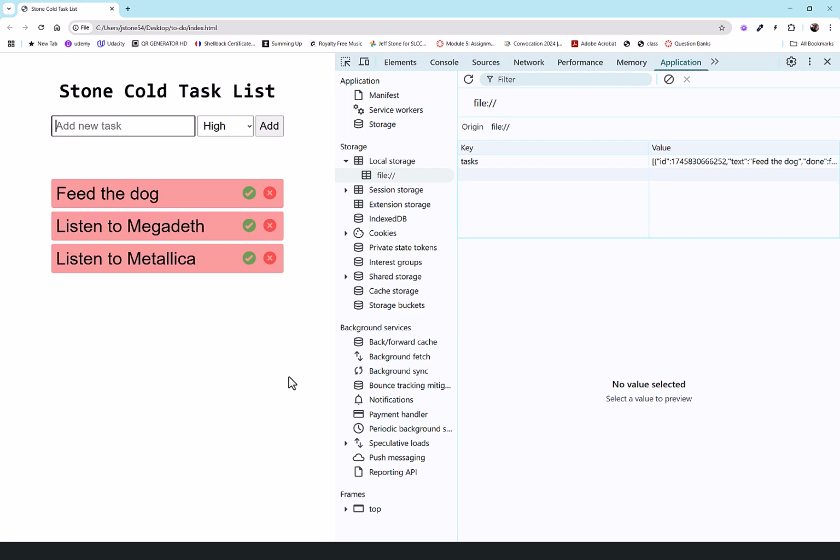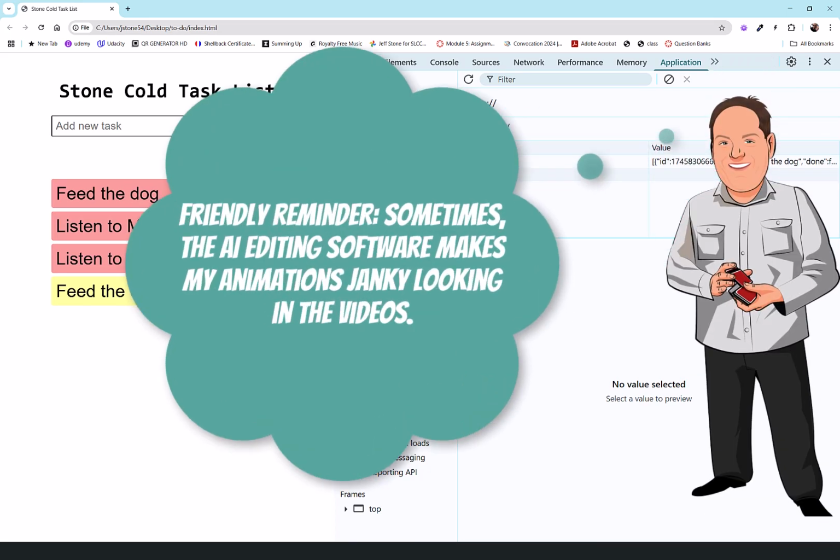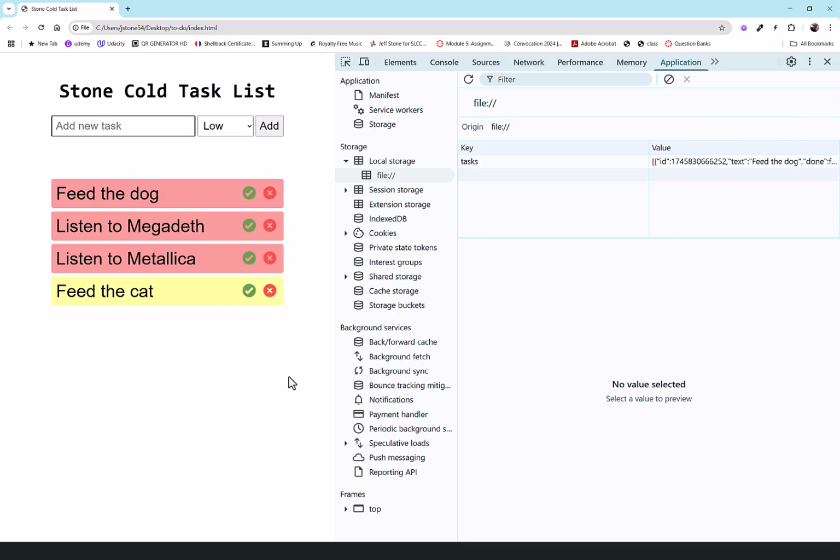Okay, let's do some other priority tasks here. Feed the cat. That's definitely a low priority because cats are evil. All right, item added, it animated in, and then it animated out. In fact, my eye went right to the item added, even though I wasn't trying to look there, and I didn't even notice the feed the cat appear on the list, right? Because I was so focused on that thing popping up, which is good because it makes me read it and it makes me know that something happened.